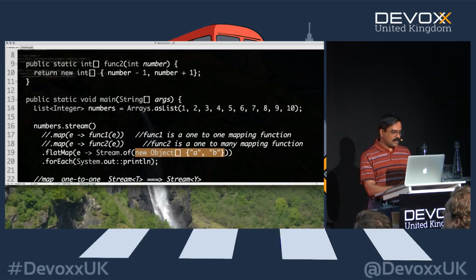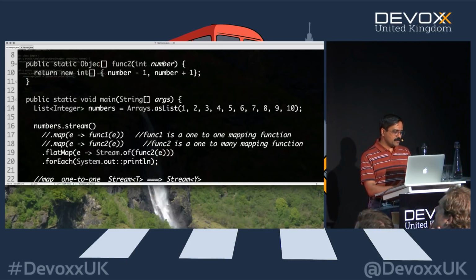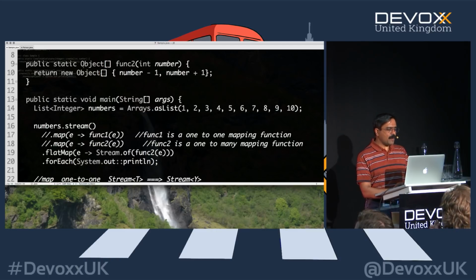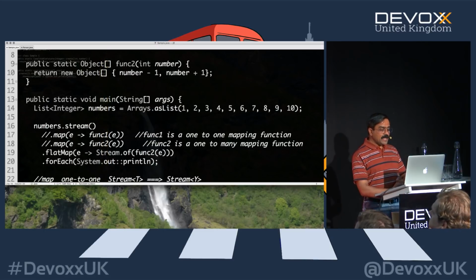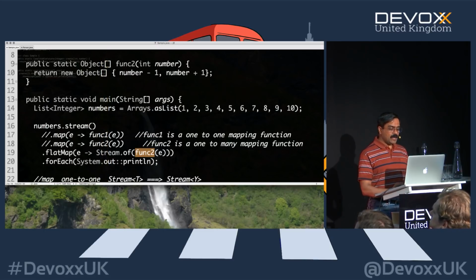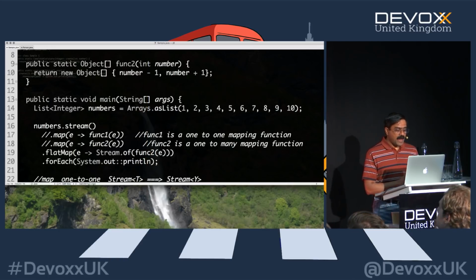So the point I was trying to make here really is, let me try this really quickly with the function. We can say func2 of e, and maybe it just wants an object right here. Is it in stream? Yeah, probably so, but I'll convert this to a stream object for just a minute. There we go. So that's the whole point, is you really wanted to get a collection of objects, one stream of data, not a stream of stream. There was a type issue there. So basically in this case, that's the goal of a flat map.